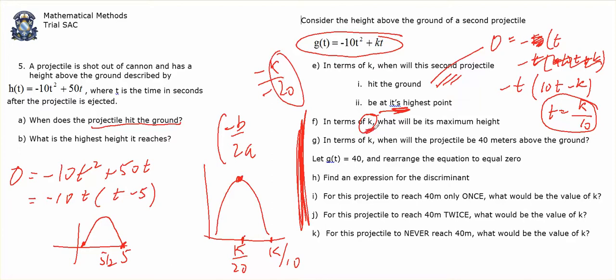Find in terms of k, what is the maximum height? Well, if I put t equals k on 20 into here, that will give me the highest point. Find in terms of k when the projectile is 40 metres above the ground. Well, I'm going to make this all equal to 40. And what would that look like? Well, if I'm on my calculator,